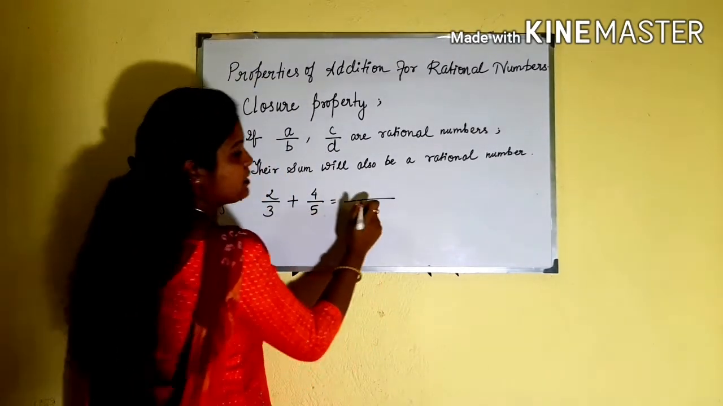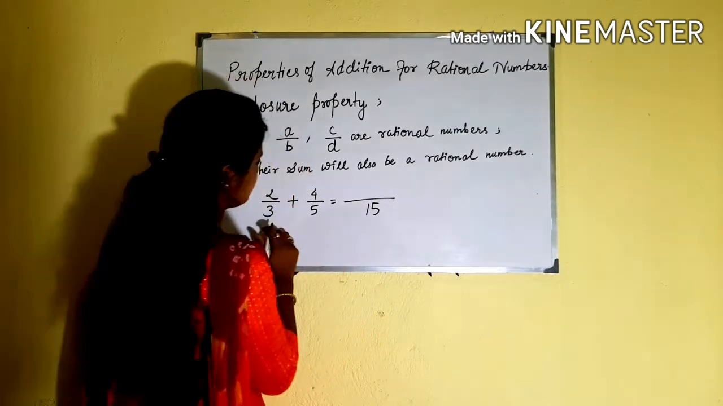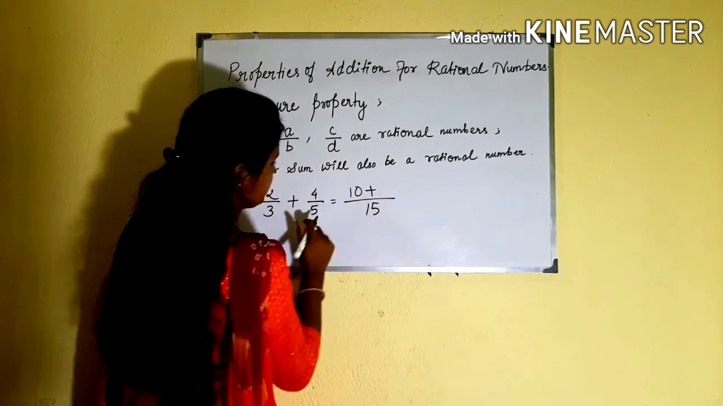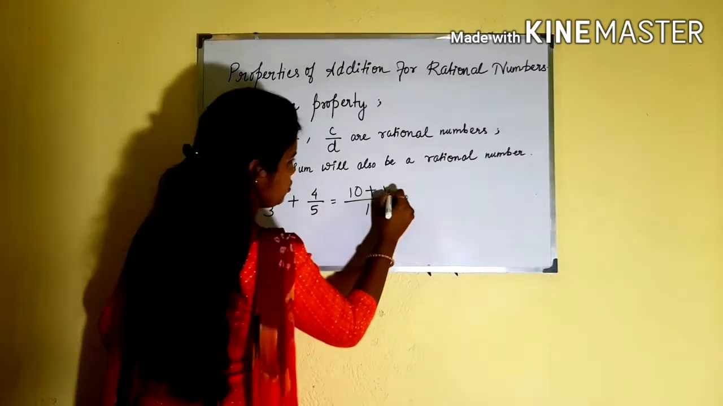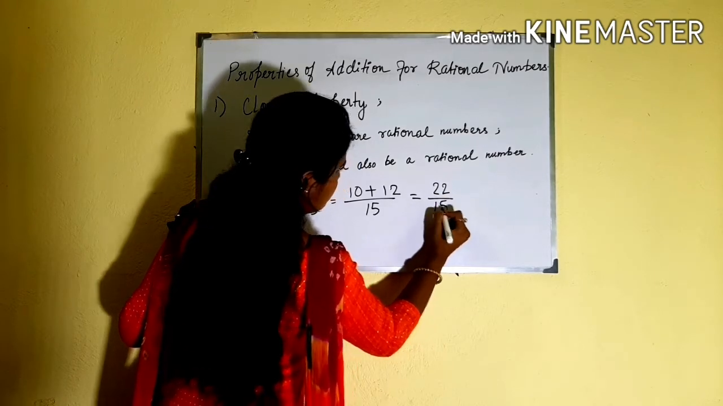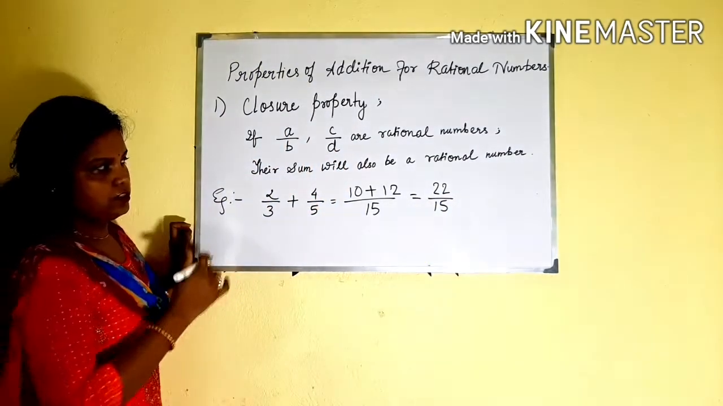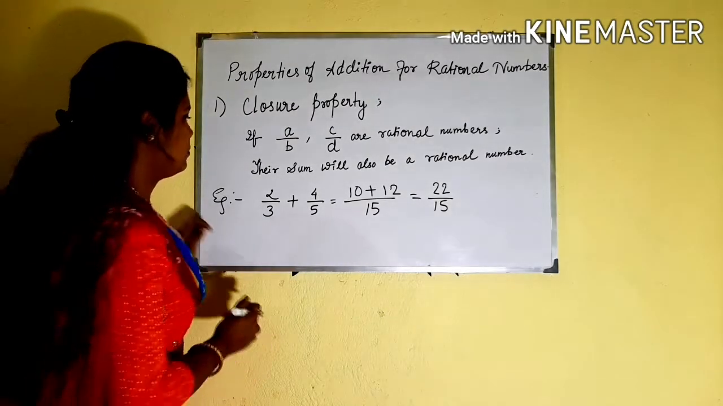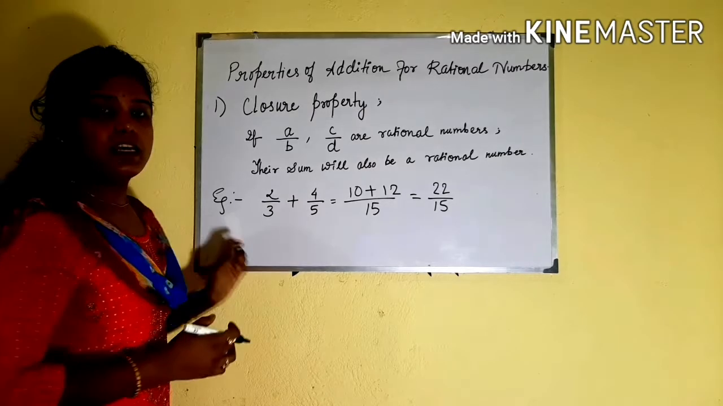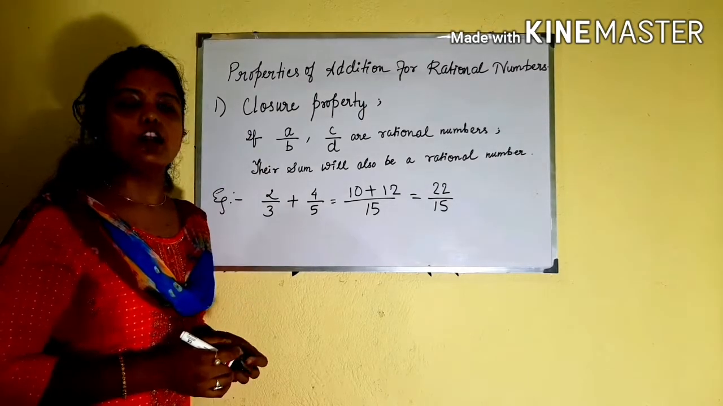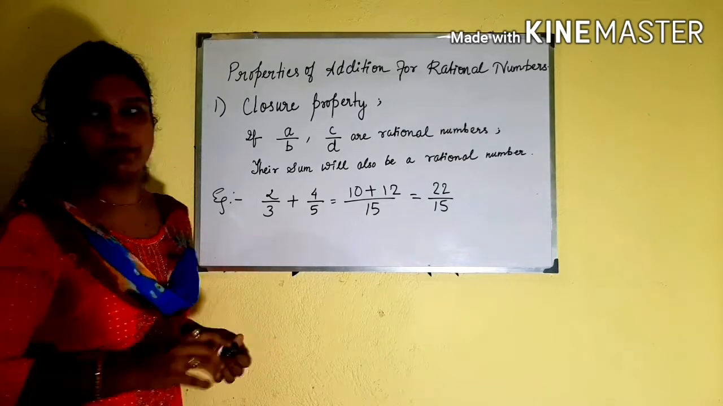3 and 5, their LCM will be 15. So, it is 3 5s are 15, 5 2s are 10, plus 5 3s are 15, 3 4s are 12. You are getting 22 by 15. Right? So, this is also a rational number. So, we can say addition of rational numbers has the closure property. Next property